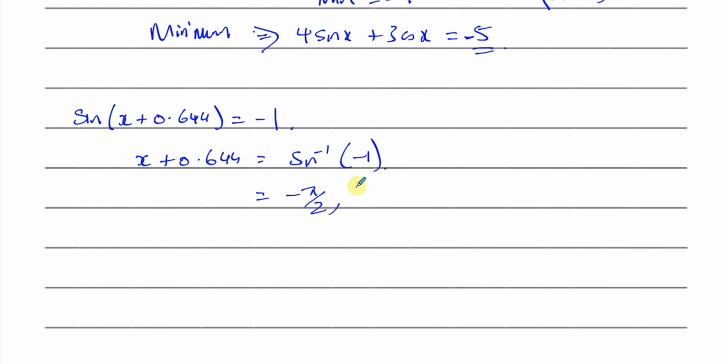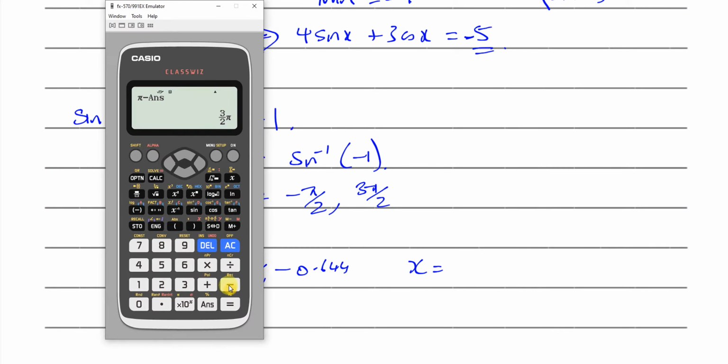So the next place on the positive side where the sine curve hits -1 is at 3 pi over 2. Now this will give us hopefully our answer, because we can say x is equal to 3 pi over 2, and we've got to take away 0.644 from this. So the value of x is going to be this minus the answer that we had before. I'll just give it in its exact form. It was 0.643, that one, so that's recall A. So answer minus A is going to give us